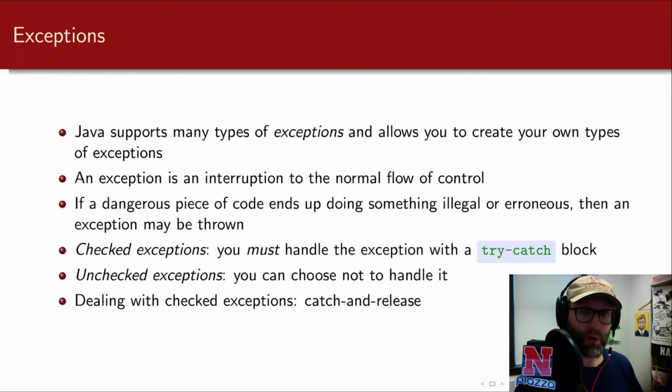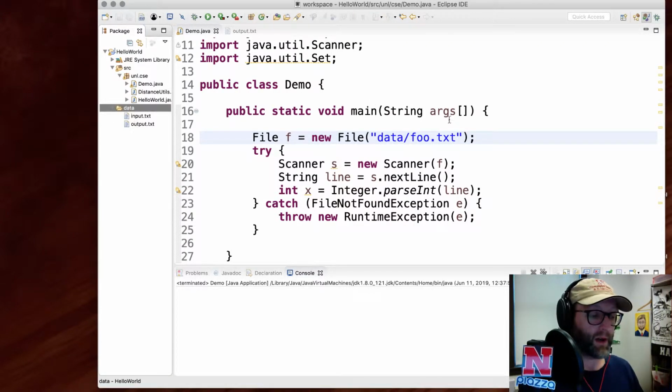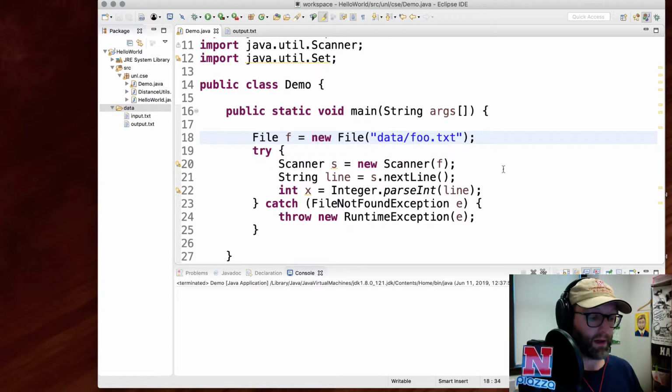So I'm going to show you both of these in one example, and I'm also going to show you how to deal with checked exceptions in practice. What I've got here is a piece of code set up to open a file that does not exist. You see over here in data we've got input and output.txt, but we do not have a foo.txt. And like we saw last time, when I create a scanner to read from this file,